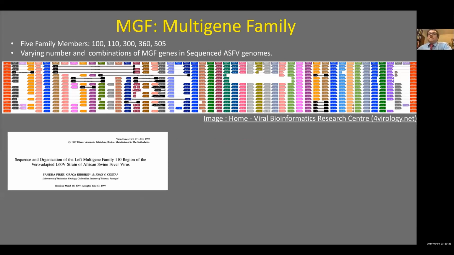However, deletions in this area can be very different. I want to point out there are a lot of Multigene Family genes in different isolates of ASF. But there's 5 family members: 100, 110, 300, 360, and 505. And here's a nice tutorial from the Viral Bioinformatics Research Center, which shows all of the MGF genes in all the sequenced ASF genomes. And you can see here that there's a varying number and combination of MGF genes in